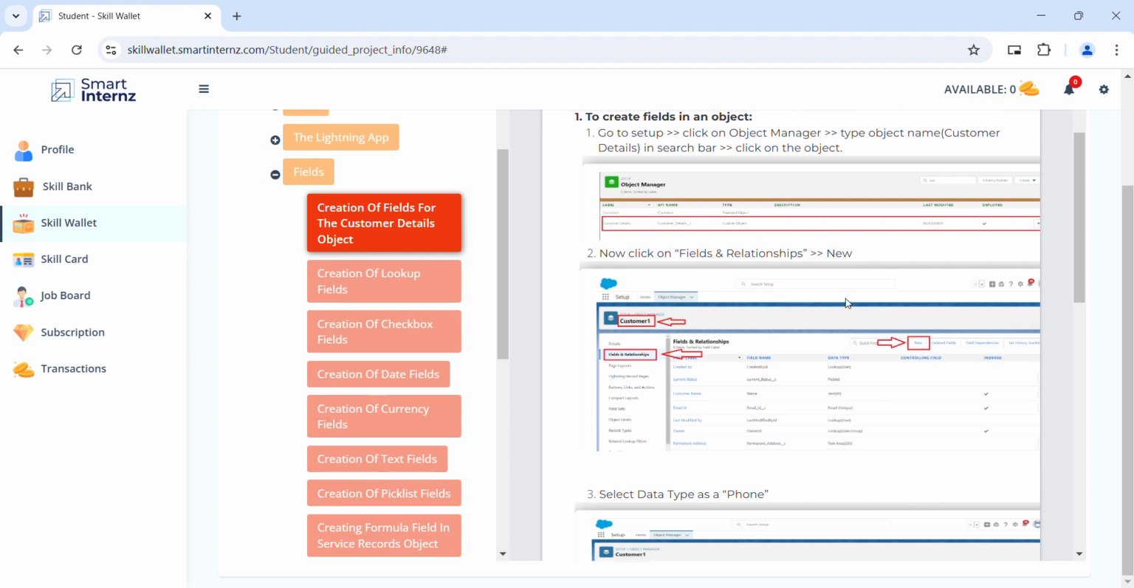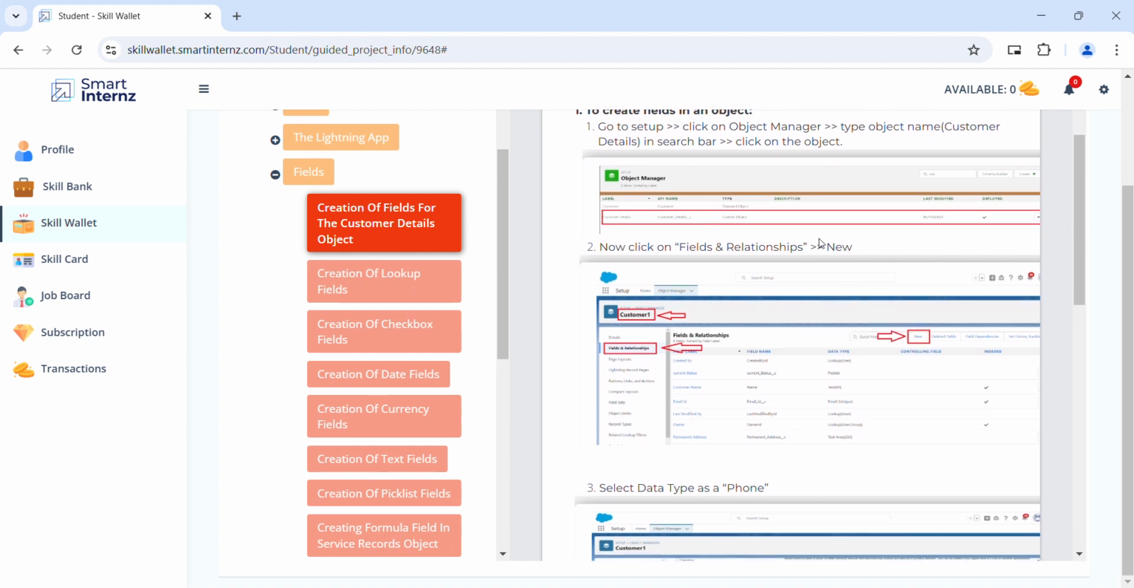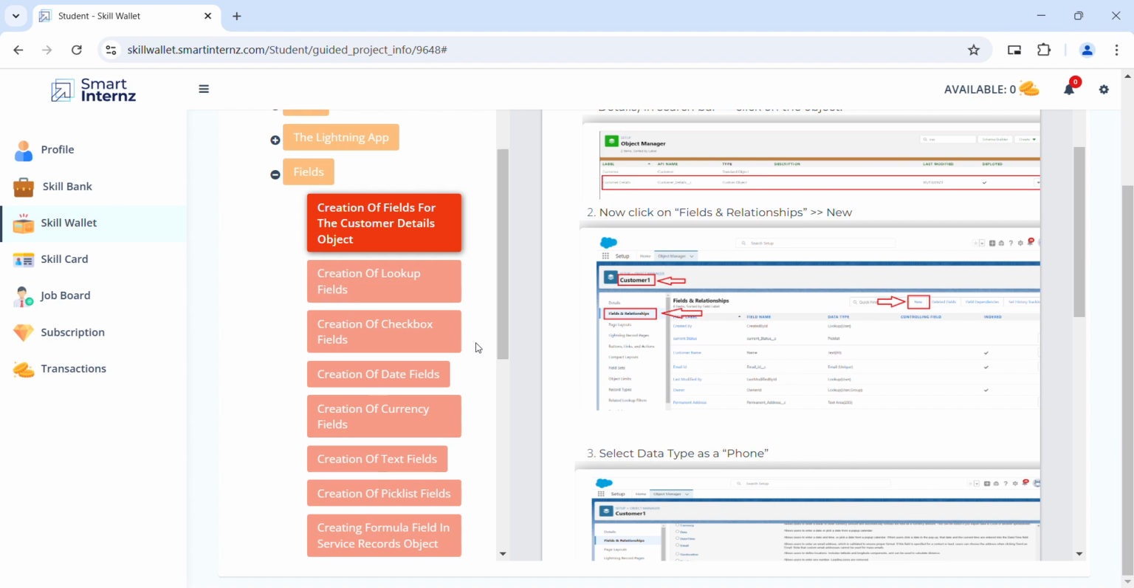To create fields, first we go to setup, Object Manager, and type customer management Object Manager and customer. This is the customer details. As we go on to the fields and relationships, this shows us the fields and relationships of the customer details. Likewise, we create lookup fields,